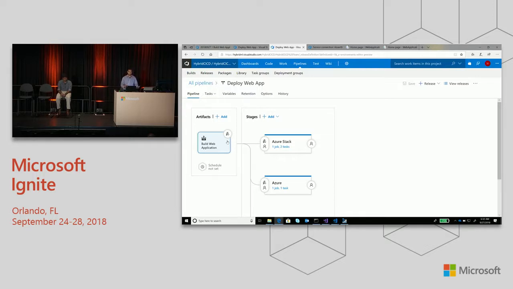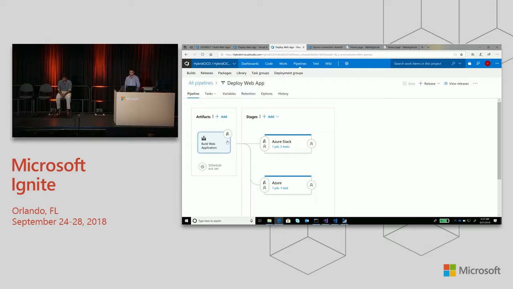Once the build completes successfully, it pushes to Azure Stack, which I'm using right now as a pre-production environment, and Azure, which is my production environment. However, because we have this hybrid cloud application model and because of hybrid DevOps, you can swap this. Instead, I can have Azure be my pre-production environment, and I can use Azure Stack as my production environment, and vice versa. It really works the same way both times. So I can dev test in Azure and deploy to Stack and switch them out if I have to?